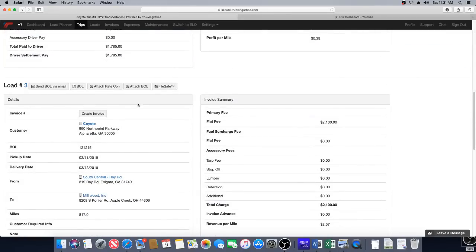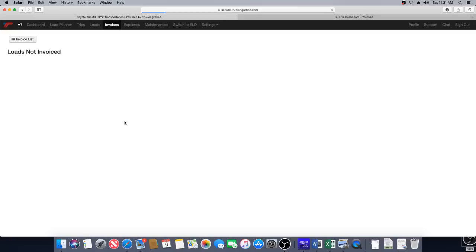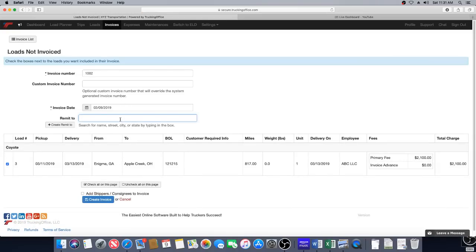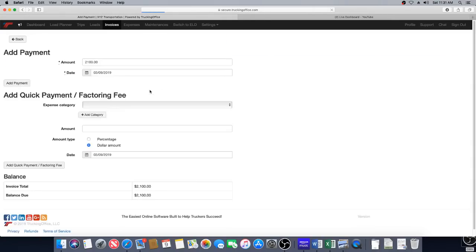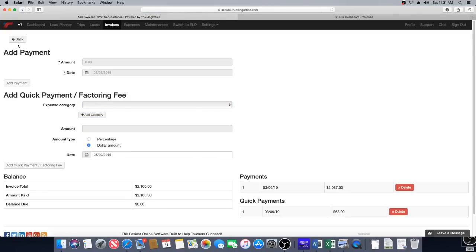So once he delivered it, you can attach the BOL, hit create invoice, and we pick Thunder Funding, and then we hit create, and then we'd hit send via email, and we'd pick the BOL and Raycon and hit send to Thunder Funding invoices, and boom, it sent it right to them. And if they paid, you hit enter payment, pick your factoring fee, 2, 3, 4%, whatever it is, add payment